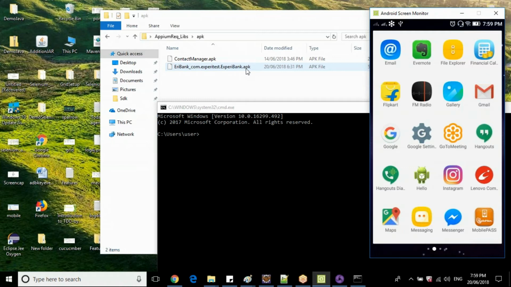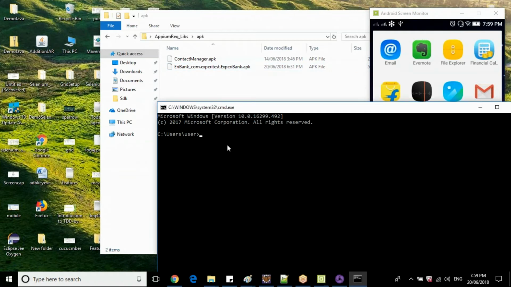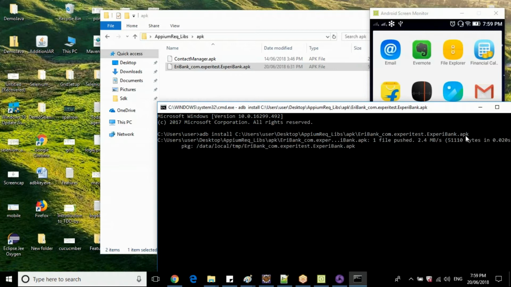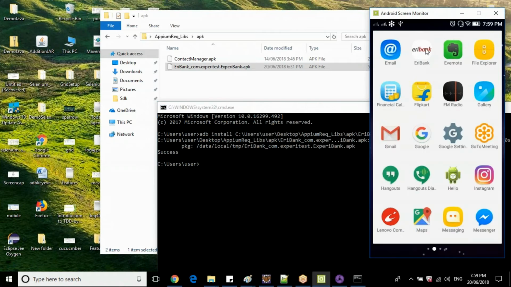If I want to install this into this mobile device, I need to use Android Debug Bridge with ADB commands, correct? ADB install, and the path of this particular application, and enter. Okay. It is success. Now if you see here on the mobile, a new icon has been added for AnyBank.